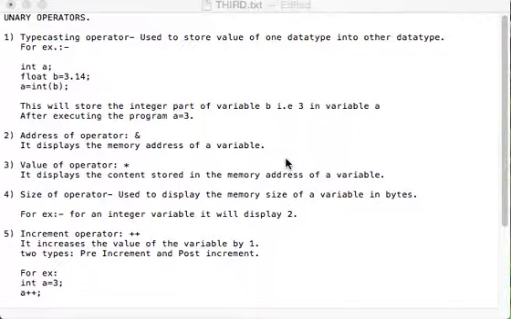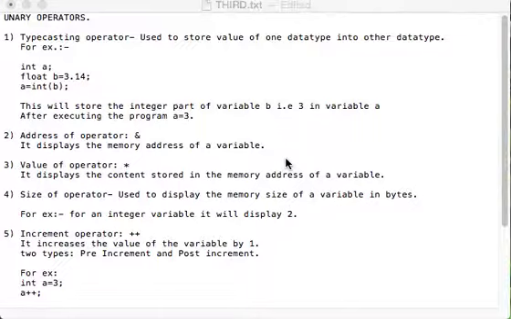The first one is the typecasting operator. It is used to store the value of one data type into another data type. For example, if you have declared int a and initialized b as 3.14, which is a float value, and then you type a is equal to int and in parenthesis you type b.